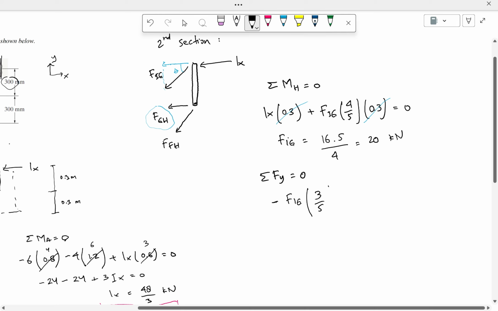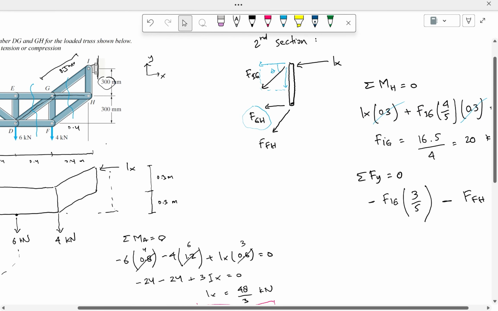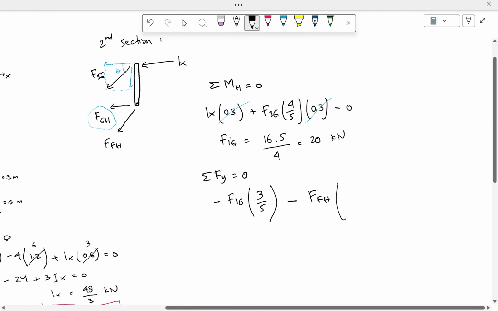The vertical components will be like this, right? So 3 upon 5, the projection of FIG. And then you also have FFH minus FFH, the same thing, 3 over 5 too, I guess, right? 3 over 5